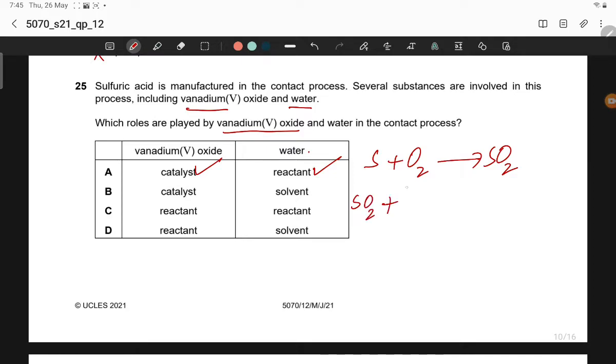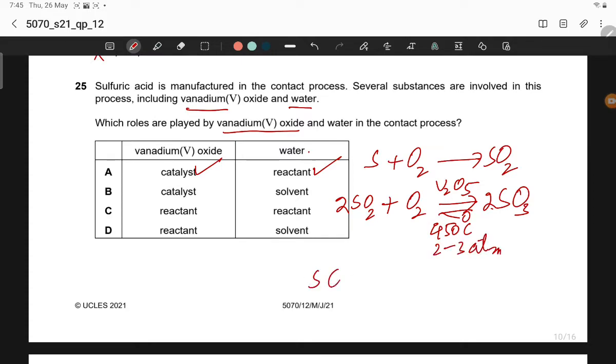These are the stages of making sulfuric acid. SO3, this is a reversible reaction, and over here vanadium(V) oxide is used, at 450 degrees centigrade and 2 to 3 atmospheric pressure, and SO3 reacts with